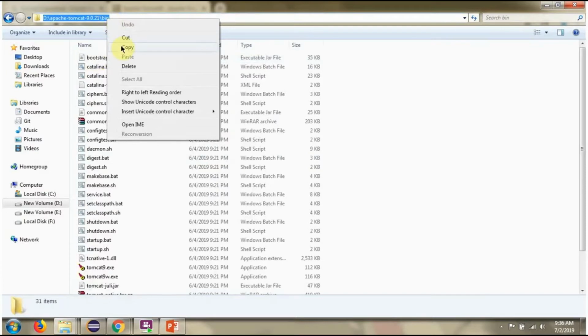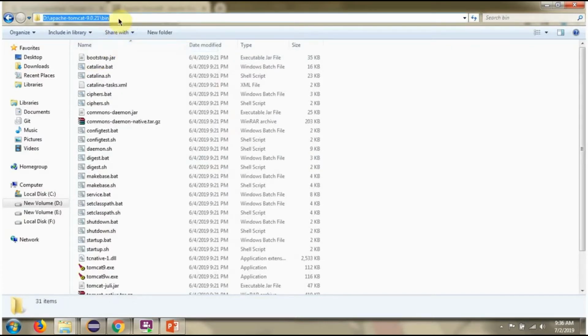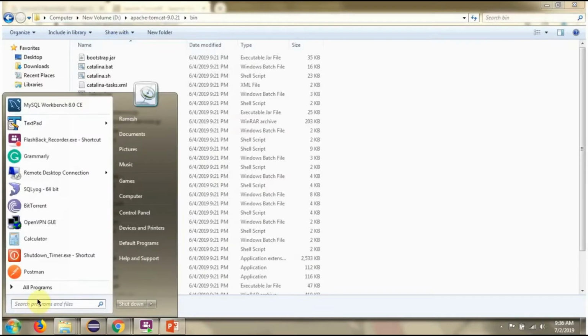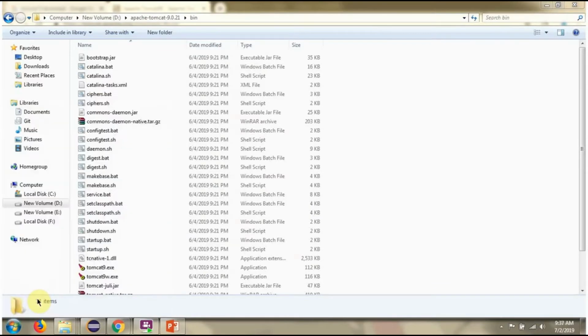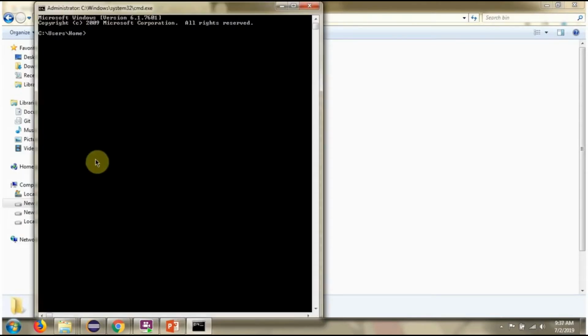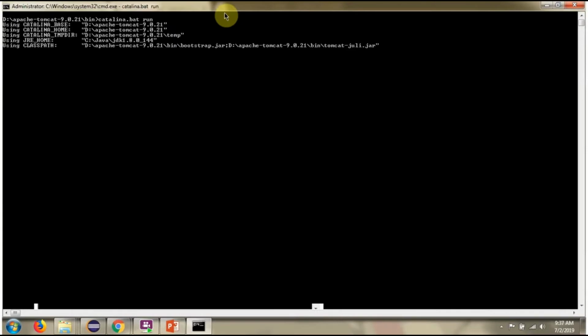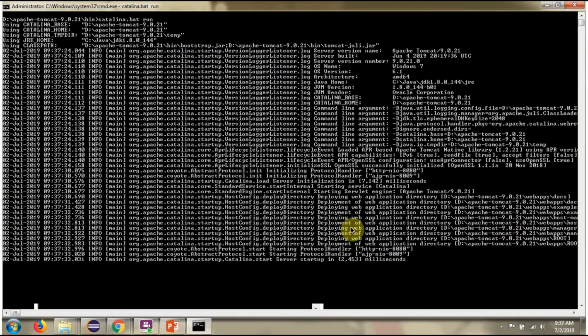Copy this path till the bin folder. Use the command catalina.bat run. The Tomcat server has been started.